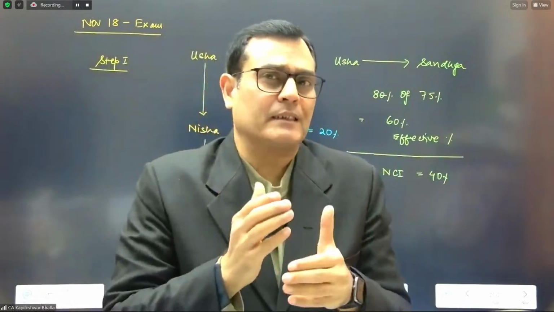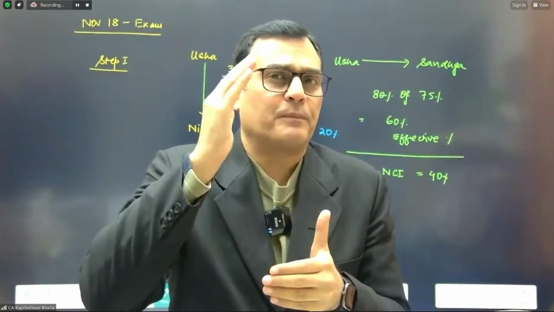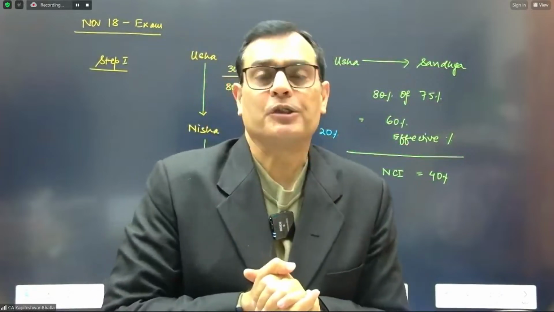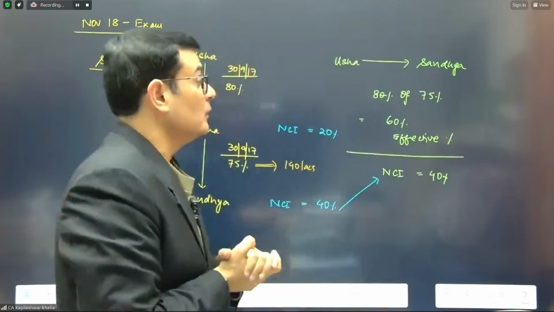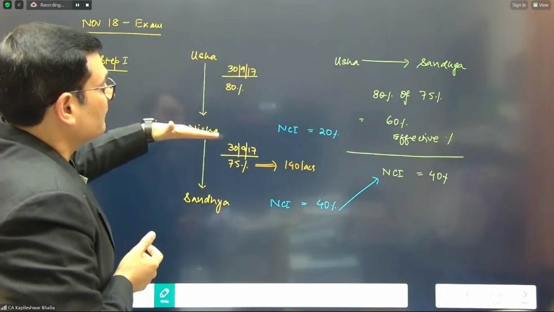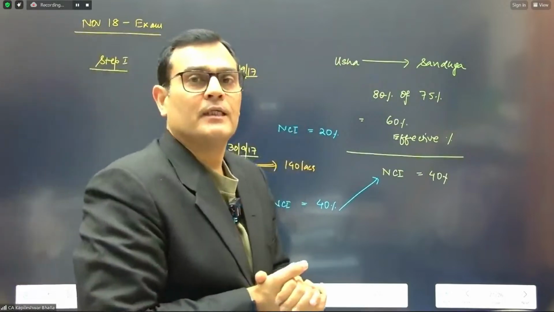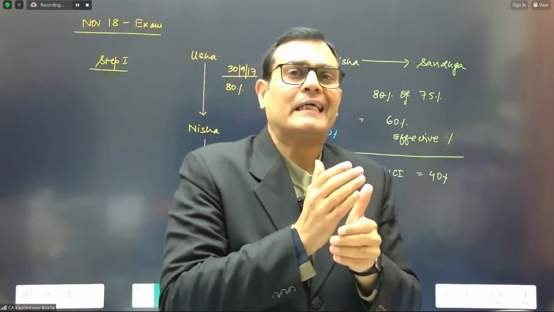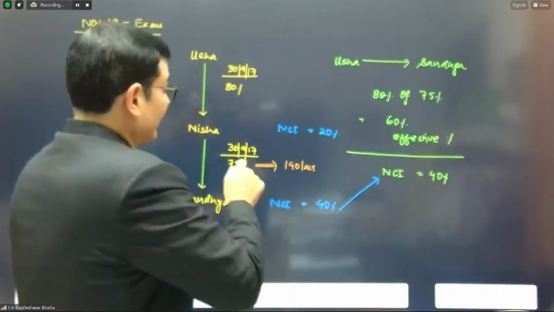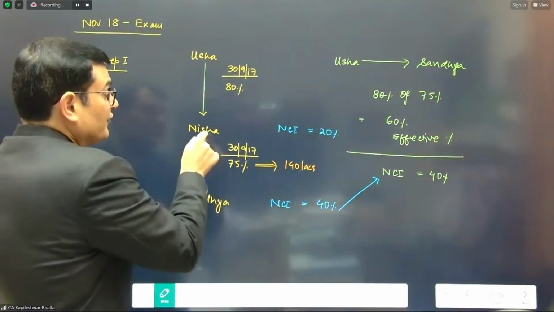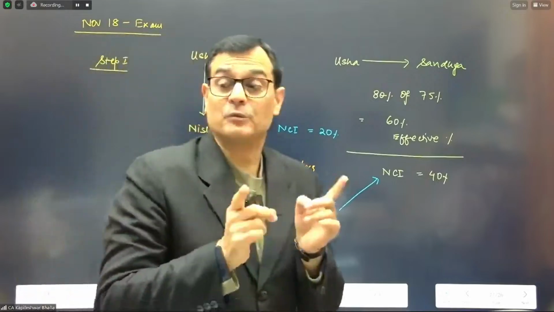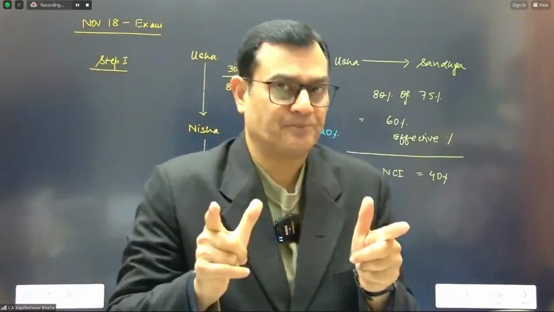Now, in this particular case, the consolidation will be done from the top company's perspective. So if you're going to do a consolidation in a chain holding from the top company's perspective, we need to understand that he has got 80% of 75% in Sandhya. If you look at the stake which a top company has in the bottom company, you need to consider what is the percentage. He invested 75% of the money in Sandhya, but 80% of the money comes from Usha. Please mind the words carefully. You need to understand the concept.